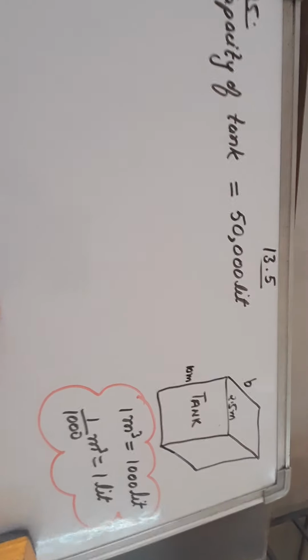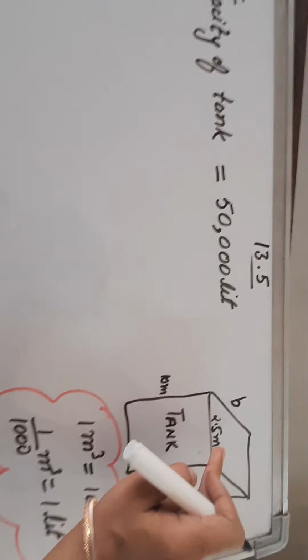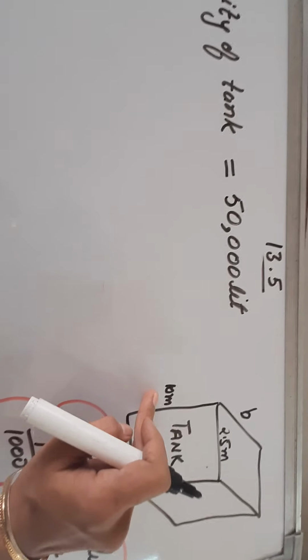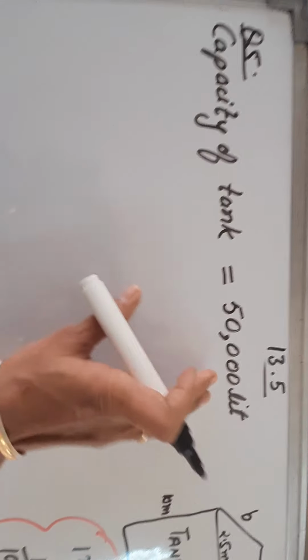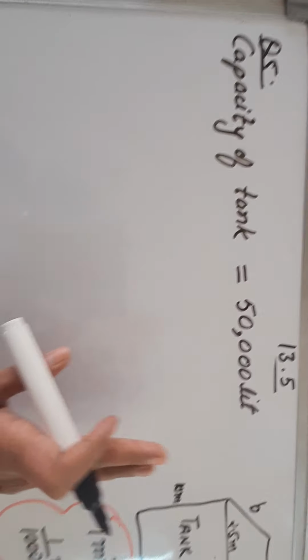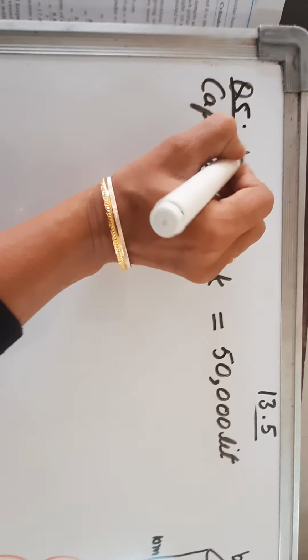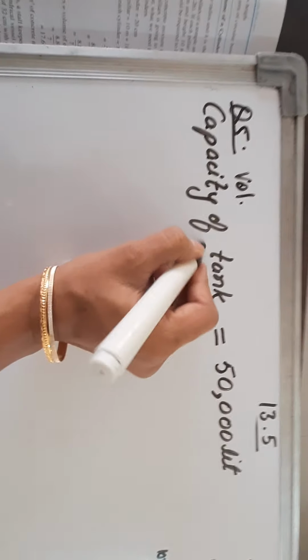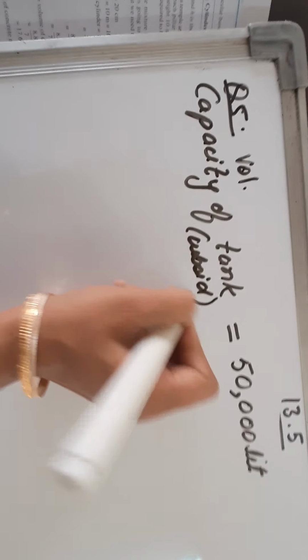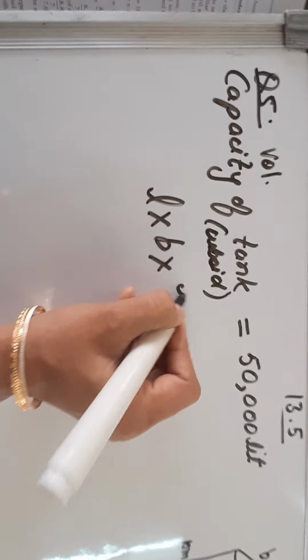Let's see. So dear students, this is the tank whose length and depth, means how much it is deep, is given to us. We need to find out the breadth. But whenever any dimension is missing, they will definitely give us some volume or area. So as I told you earlier, always start with the given things. Now what is given to us? Capacity, means volume of tank is given to us. So we will start with this. So what is the volume as the tank is in cuboidal shape? So we'll put the formula for volume of cuboid, that is L into B into H.